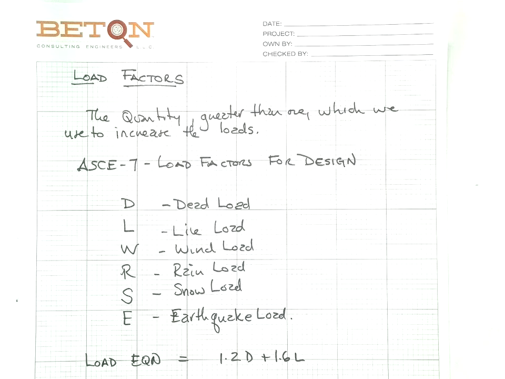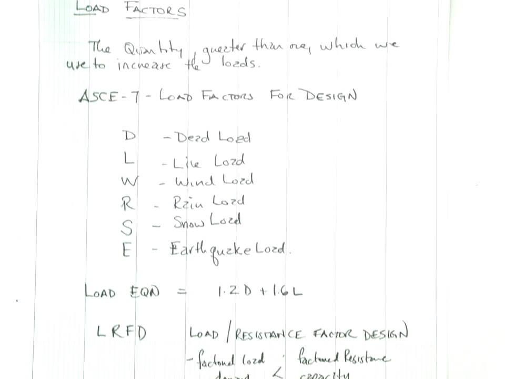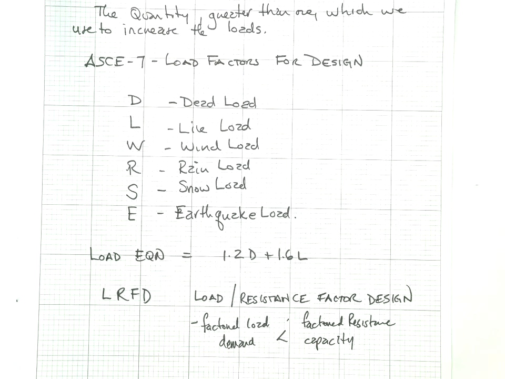The most common equation that we're going to see, which gives us the maximum load, is 1.2 times the dead load plus 1.6 times the live load. So we're grossing the loads up, we're taking the resistance from where it is, we're discounting it, and then we're designing as though that was what was really going on. So all you have to do is have the moments caused by the loads, or the shear caused by the loads, or any other force caused by the loads, resisted by the discounted resistance,